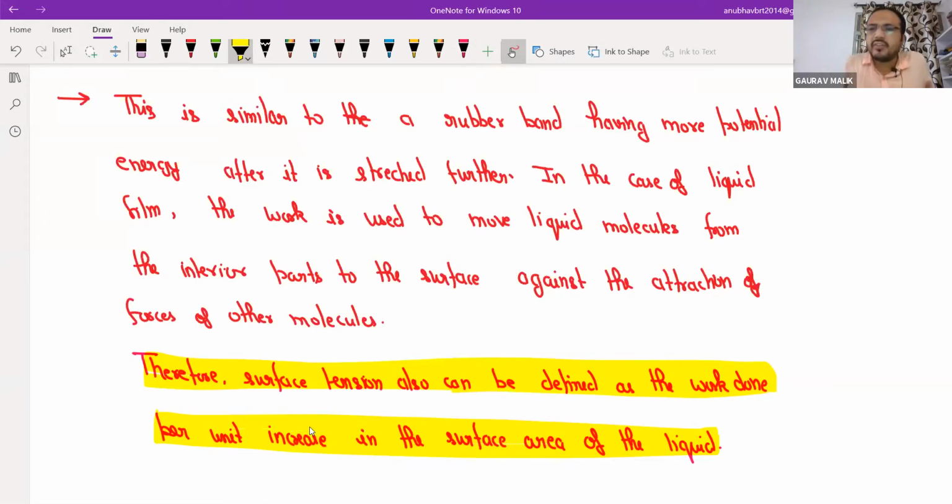So up to this point, we have defined surface tension in two different manners. First, the force per unit length. Is it clear? And second, in terms of the surface area, or we can say in terms of the surface energy. I hope you noted down up to this point. And now we will analyze the temperature effect and some examples. Is it clear? Very good.